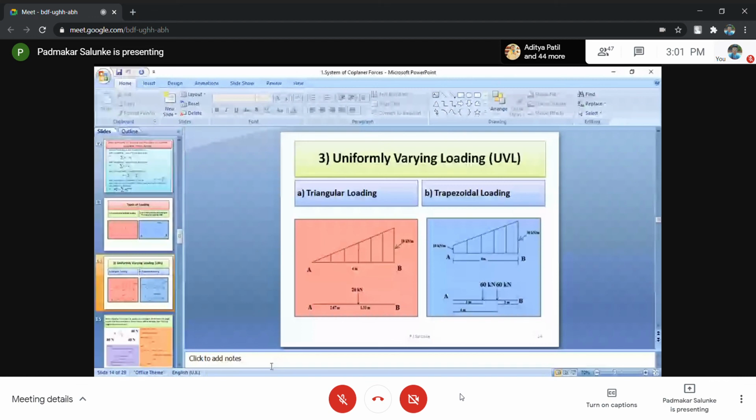Okay, students, so this is three now. Just do one thing. For the next lecture, when you are coming, please go through this discussion. Take one of the textbooks. What are different types of loads? How are they converted in terms of concentrated? What are different types of forces? Types of loading? What steps are involved in solving these? How to find out the resultant?